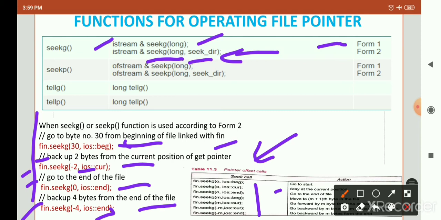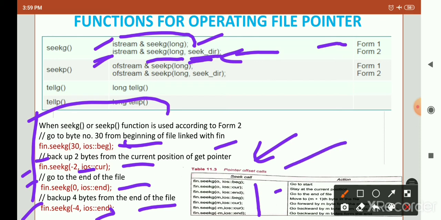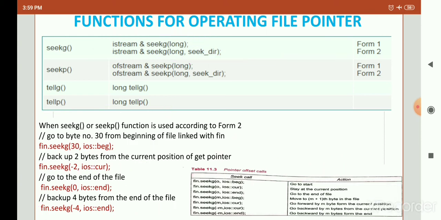Here we already saw the first form in the previous slide, and these are examples from the second form. So remember this: seek_dir means the pointer offset calls. Here different pointer offset calls are mentioned, so you can read this. We can provide fin.seekg with ios::beg, which moves to the m+1 byte in the file.